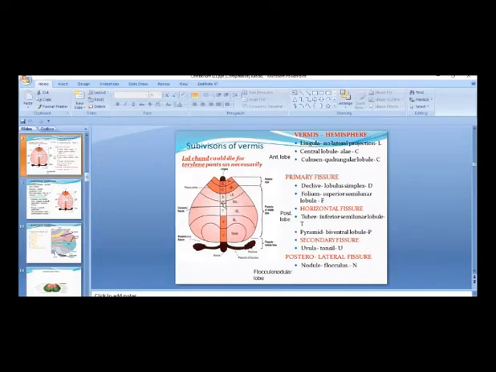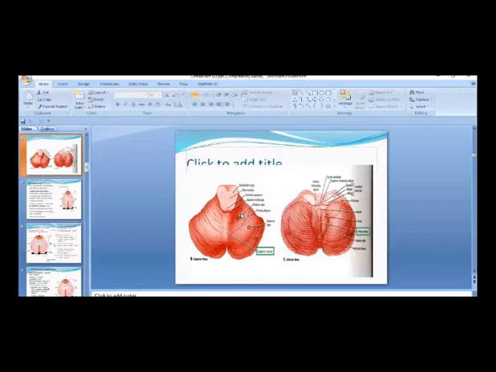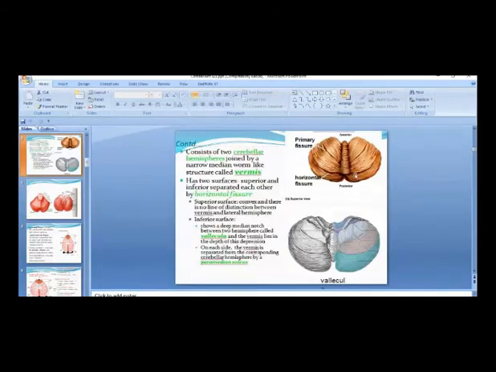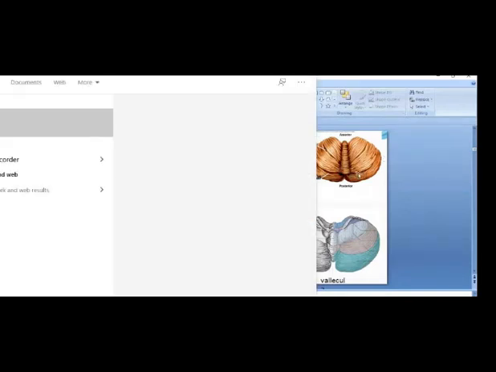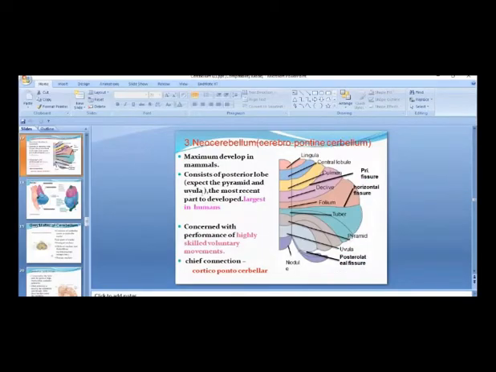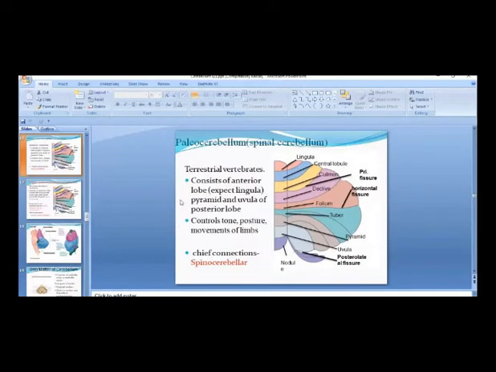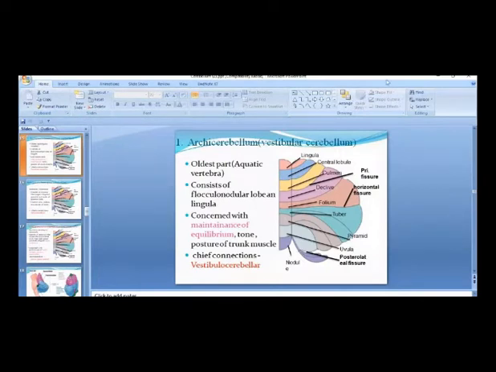So horizontal fissure will come. Then this is inferior semilunar lobule. Look at here. You can easily separate the superior semilunar lobule and inferior semilunar lobule. In this picture, look at here. This is superior semilunar lobule and this is inferior semilunar lobule. Because you can easily see pyramid and uvula. Why? Because pyramid and uvula are already gone in the paleocerebellum. So this will be the viva question, MCQ question, and theory question.